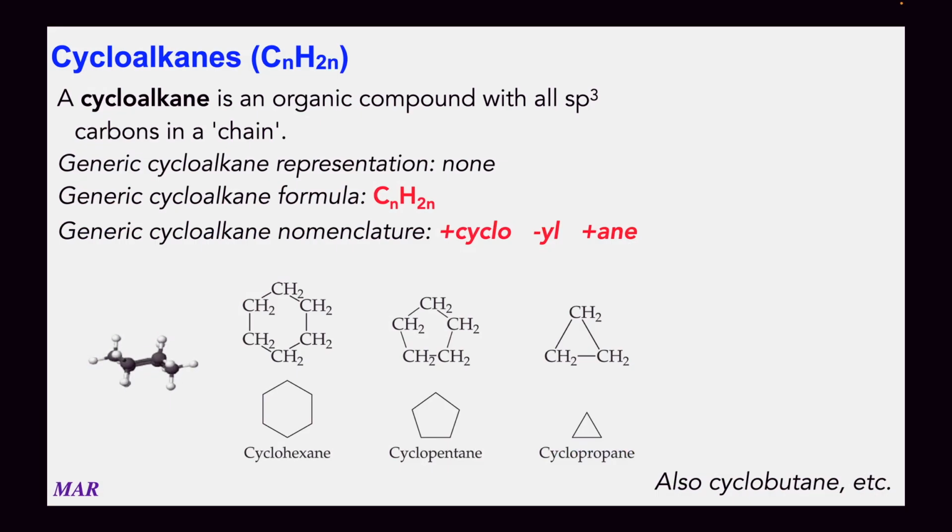An alkane is the simplest alkane. However, it's not the only type of organic chemical you can have. For example, you can take a whole bunch of carbons in an alkane and put the ends together. Now, to do this, you have to take off two of the hydrogens, one off each of the ends, and you can make a carbon-carbon bond, but you end up with, if you will, a circular chain of